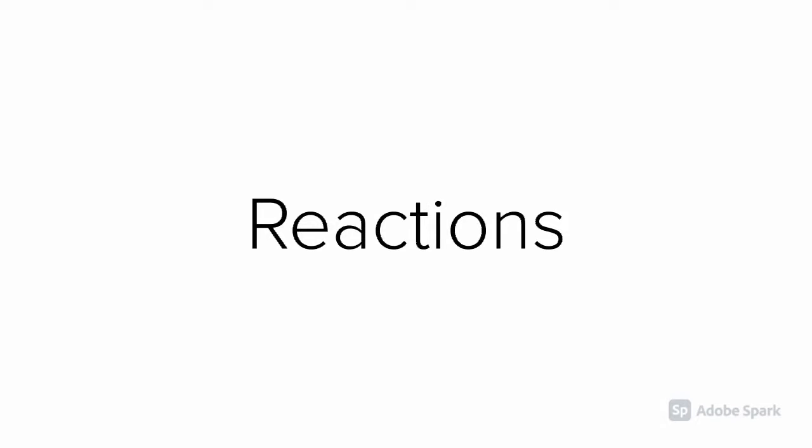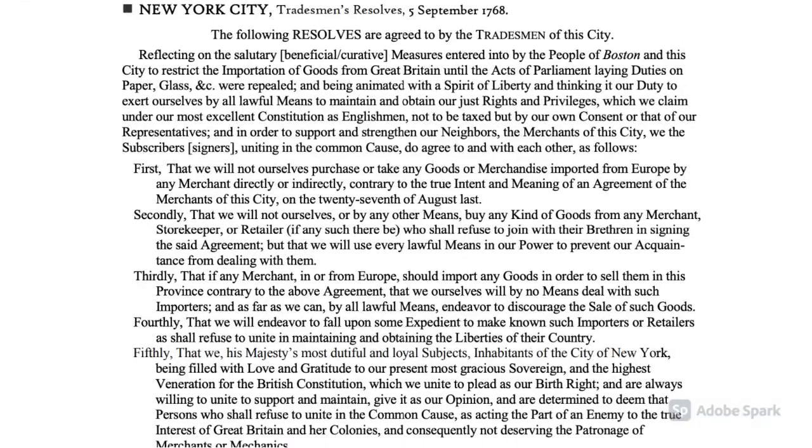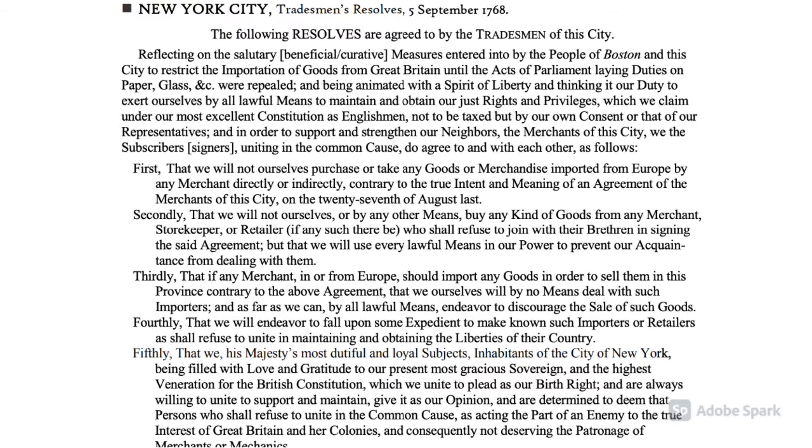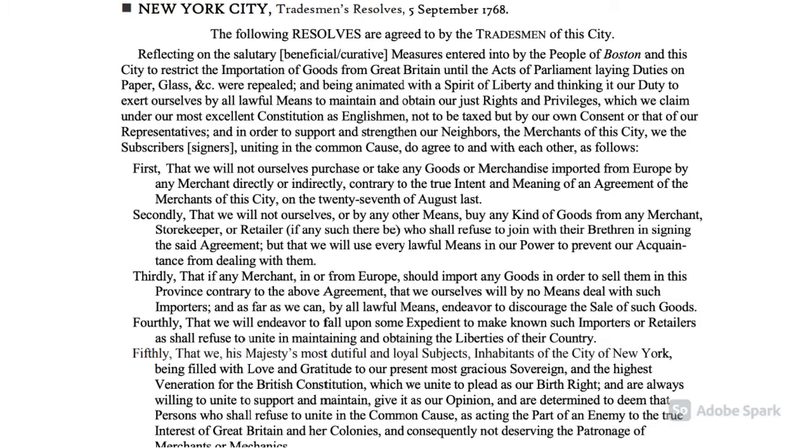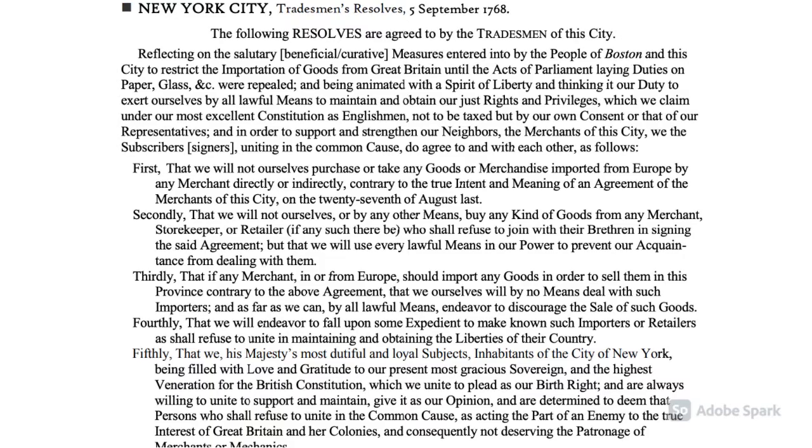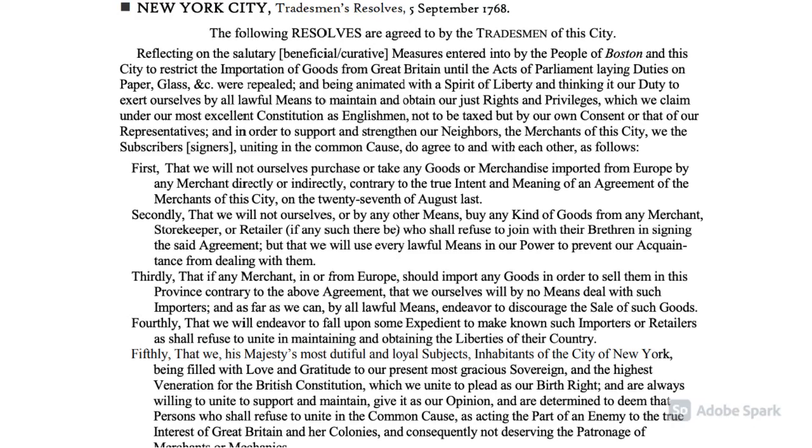So we looked at the point of view from Charles Townshend on the benefits of the Townshend Acts, and now we are going to discuss the reactions from the colonists and how you can see the tensions arising because of the economic burden. The first reaction here is from New York City, the Tradesmen's Resolves in September 1768, soon after the act was passed. Basically, the colonists are saying that they will not purchase any goods or merchandise imported from Europe until they revoke the